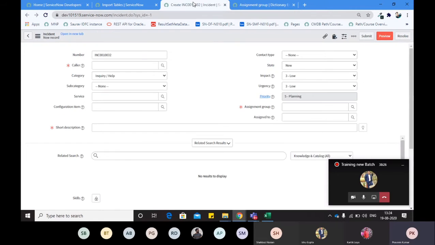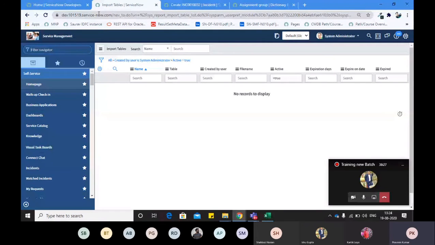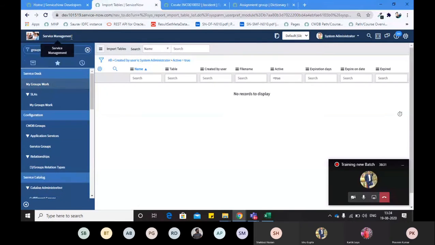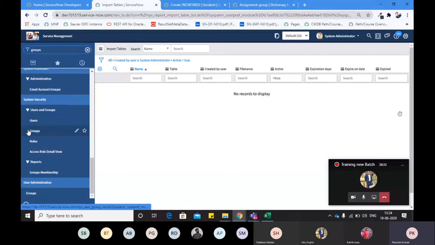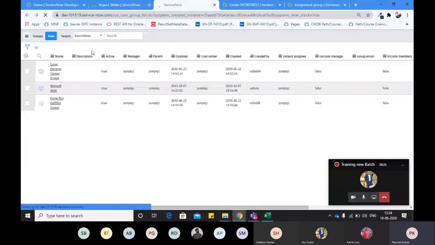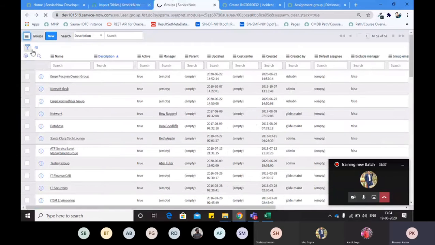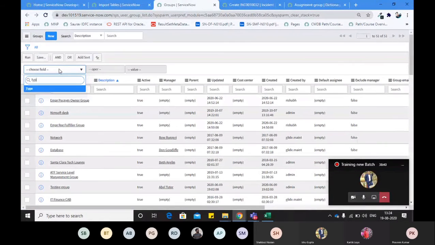So for example, I want all those groups whose type is ITIL.